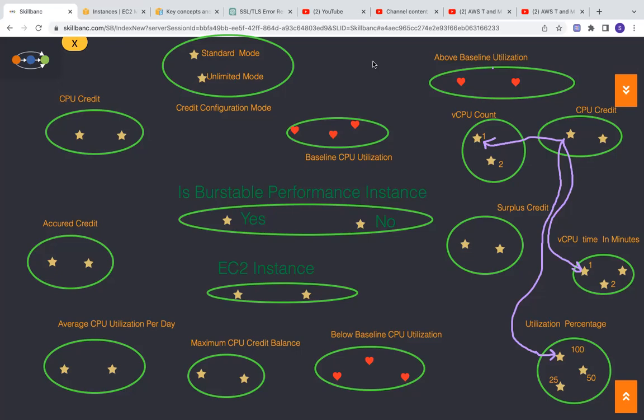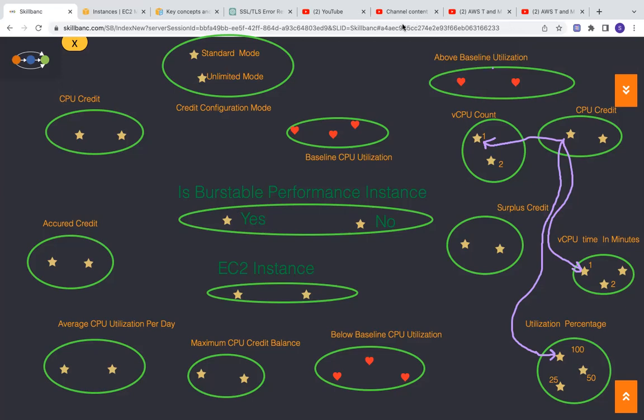Hi, I'm Sudhakar Moparthi. Today we're going to talk about burstable performance instances and how to save money using these instances. Say you're running a web application where the traffic is not that much and you don't want to incur costs. So you use T family burstable instances